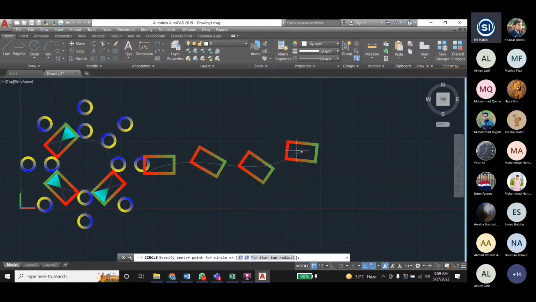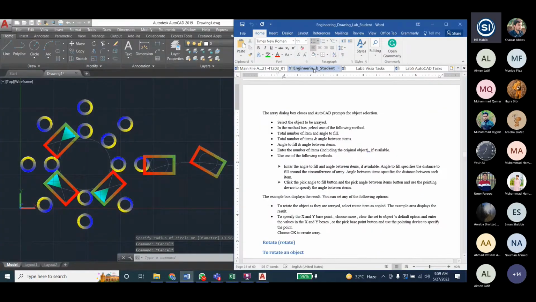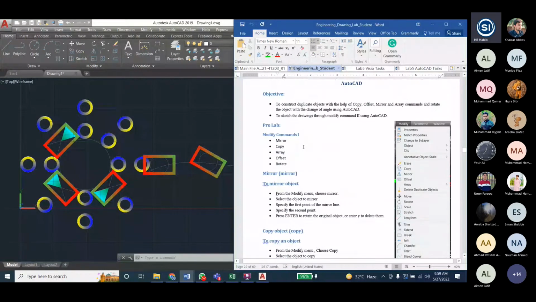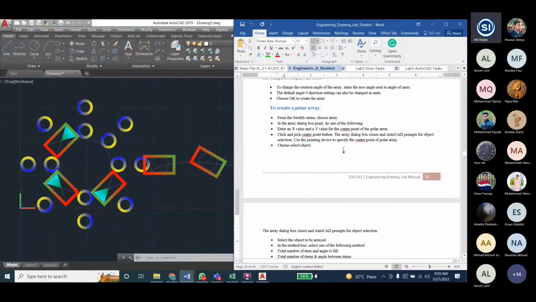For example, you want to draw the circle between these. Okay, so your circle will be drawn like that. You can see, so this is done. It is enough, I have done a lot. So the array command you can use in this way. We have used the array command. Array done, offset done, rotate, copy. Lab 5 is done. Now Lab 6